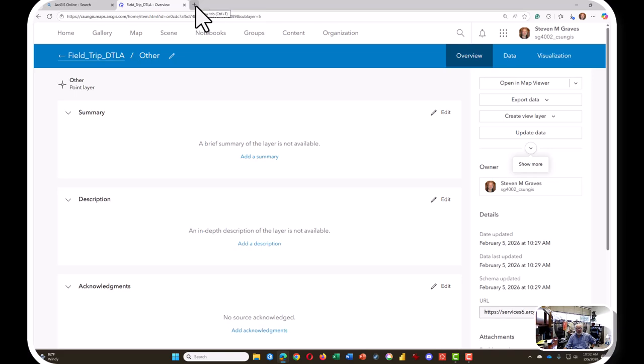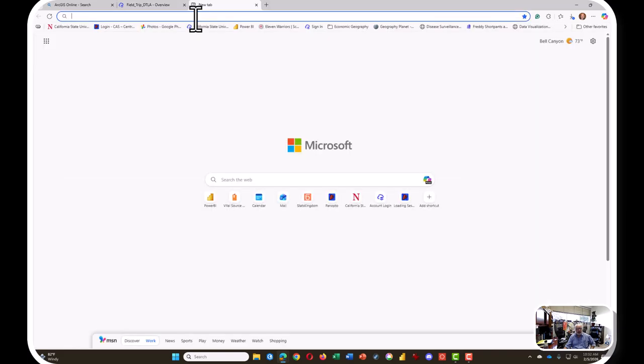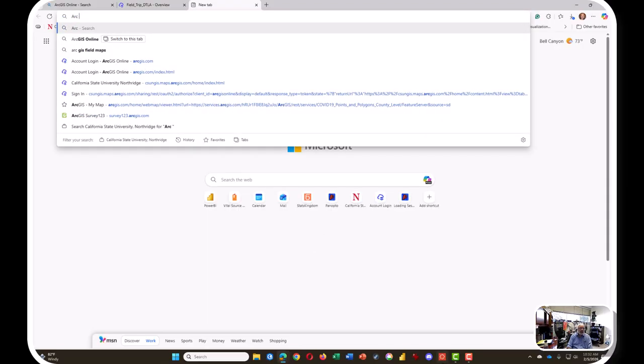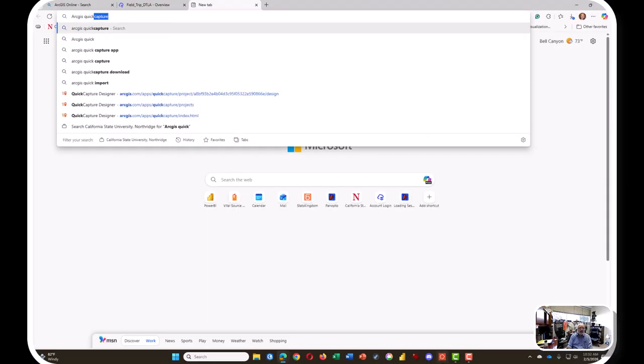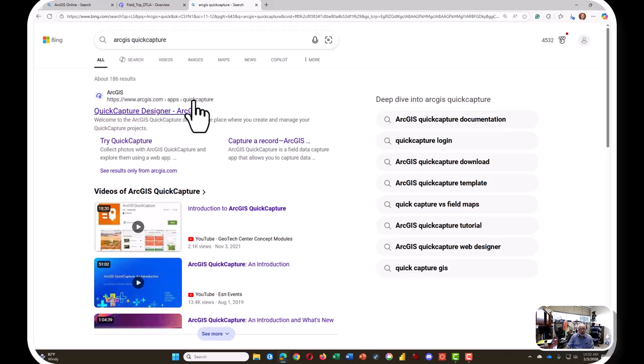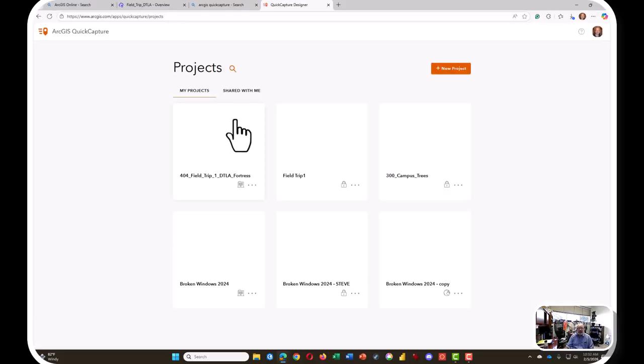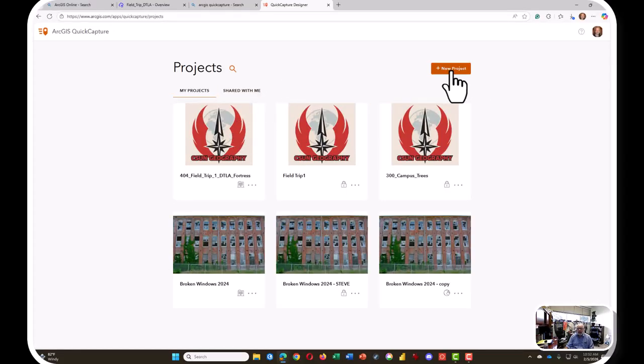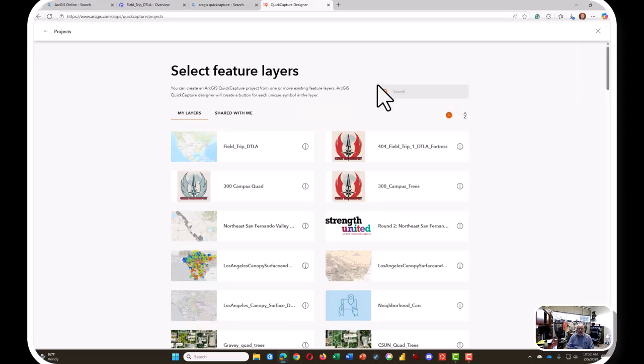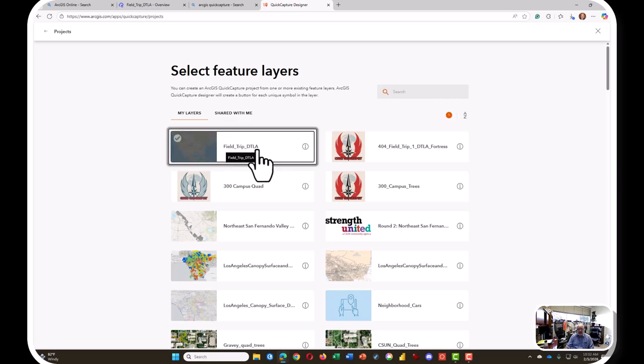The thing though that we need to do at this point is to come over here and type in ArcGIS and then Quick Capture, because that is what we want to open up next, this Quick Capture Designer. So we'll click on that and start a new project. Start from an existing layer, and there is my new existing layer right here, Field Trip DTLA. That's the one I just created,